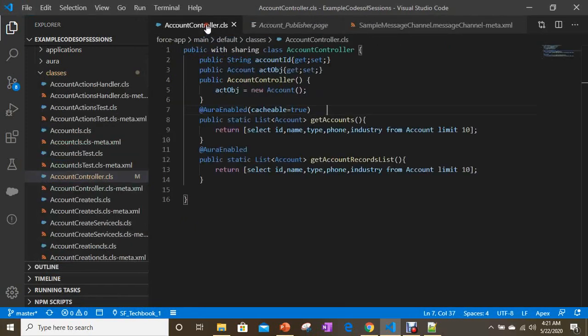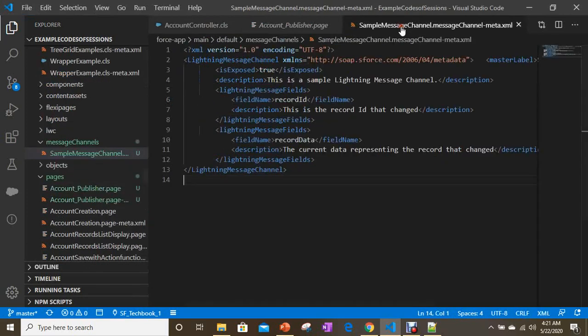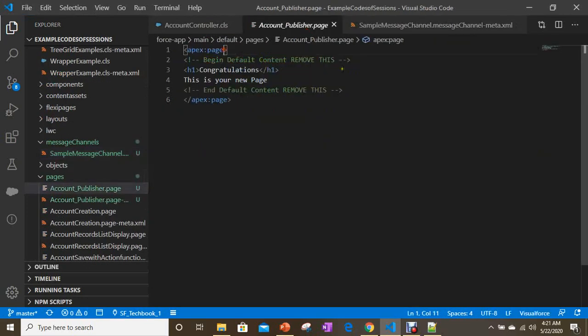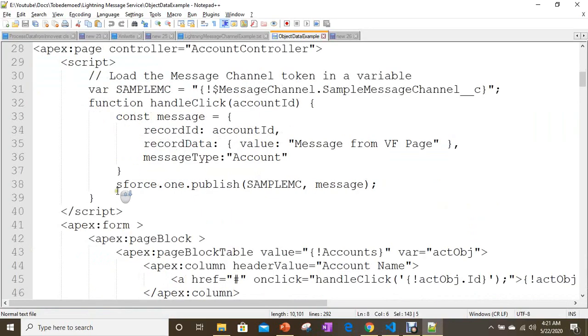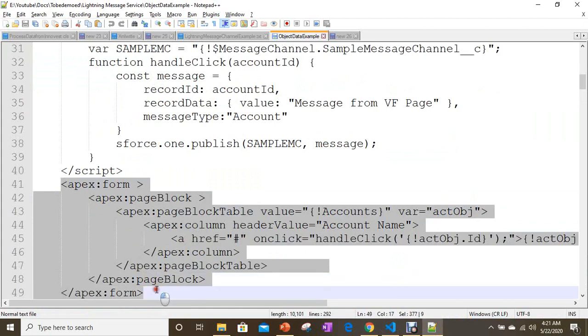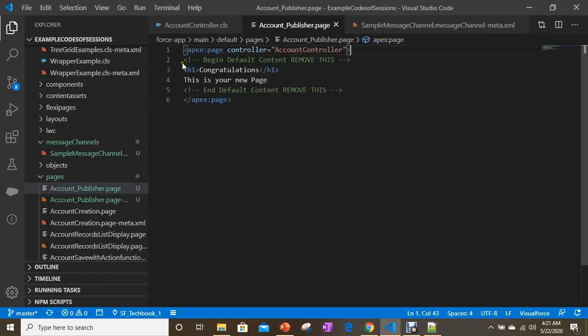So here I'm going to add the controller as account controller. Then along with that I'm going to display records.